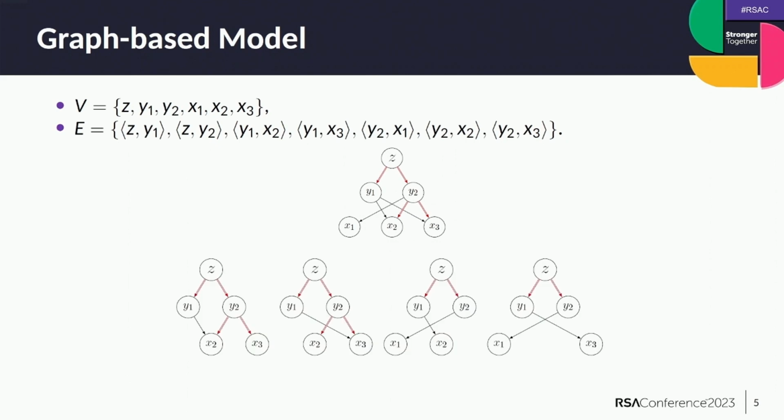In this example, we can find a total of 4 different trails, and we can use these trails to recover the ANF of f(x, v), that is z equals x2 multiplied by x3 plus x2 multiplied by x3 plus x1 multiplied by x2 plus x1 multiplied by x3, which equals x1 multiplied by x2 plus x1 multiplied by x3.